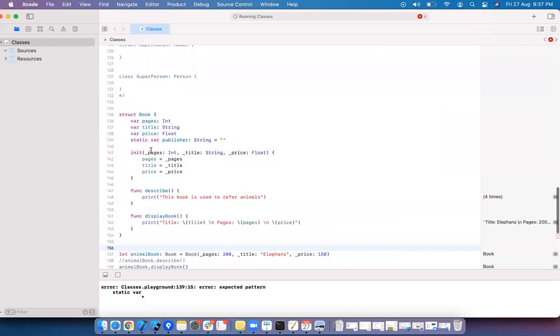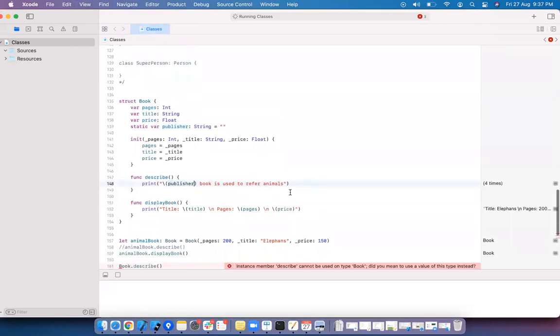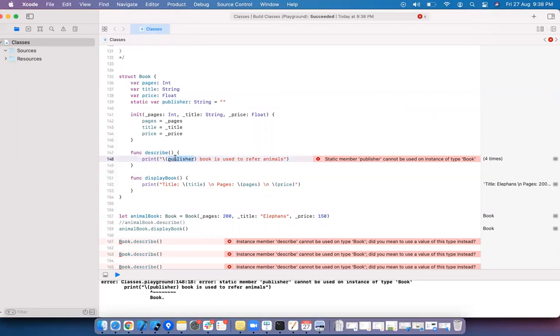Now you can use this static property. Wherever you see static, that is related to the class or type only. Here, now I can use publisher book. We removed static here. Okay, in static methods, you can access the static variables.